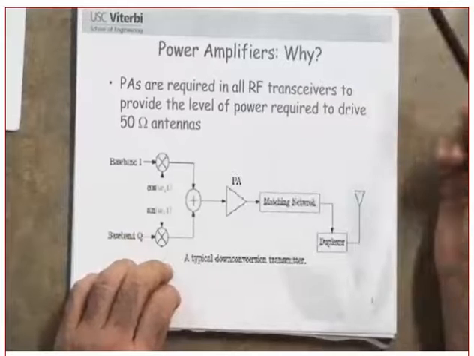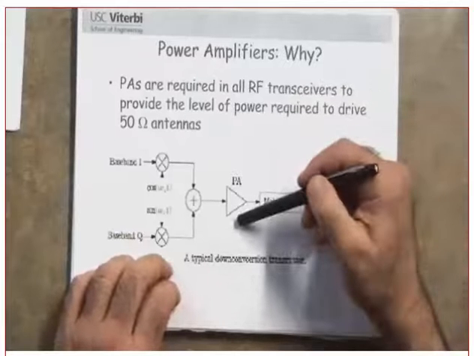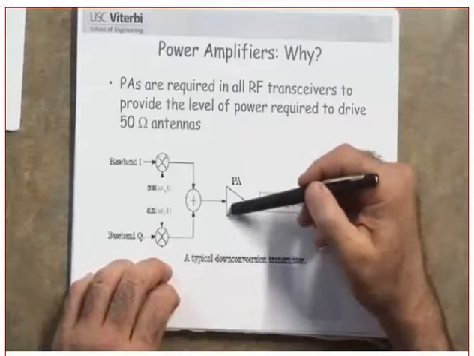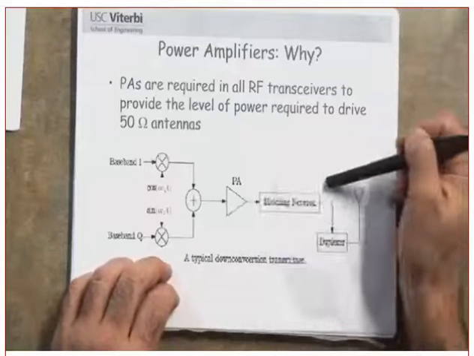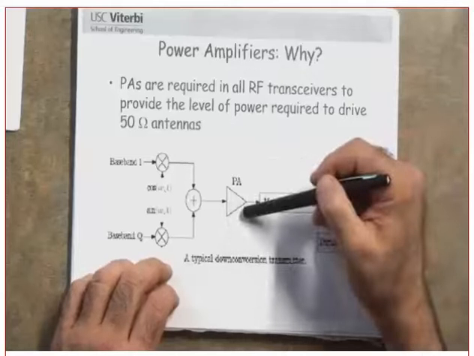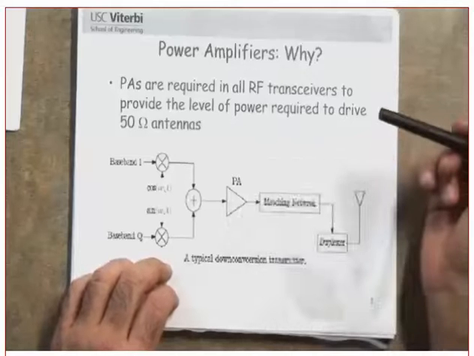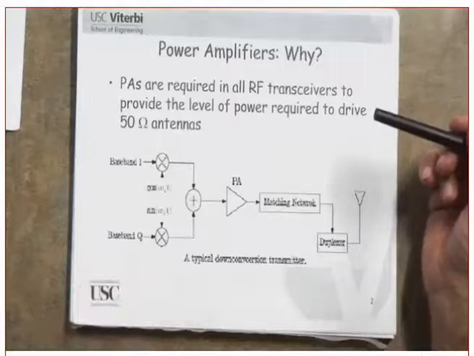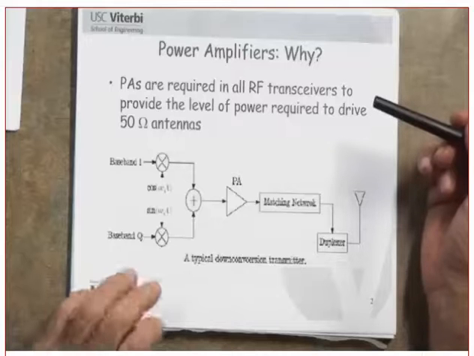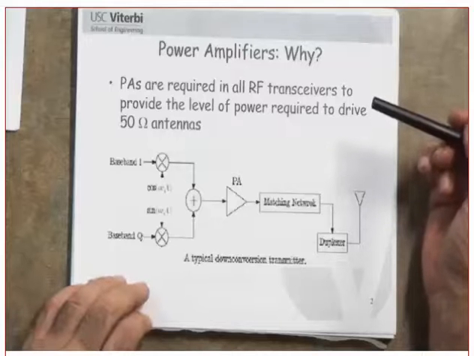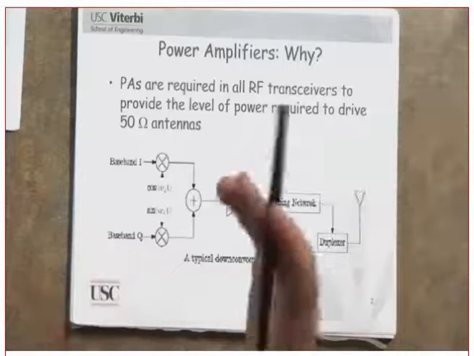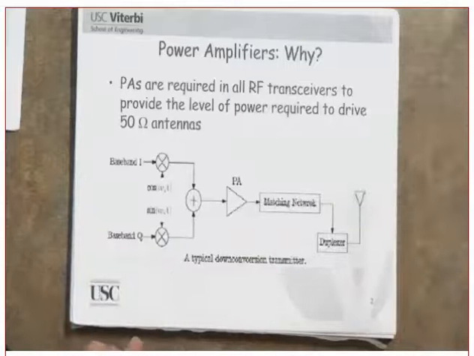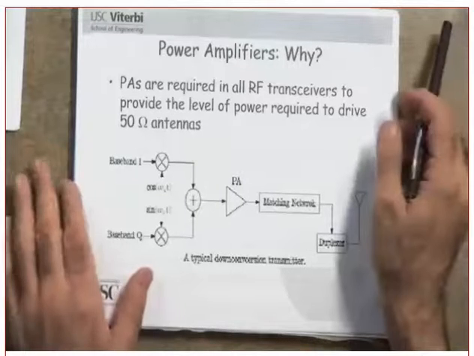The purpose of the power amplifier is to deliver the right amount of power to the antenna, but at the same time preserving all the specifications of the modulation techniques that you are using, which means you need to make sure that your transmission or your emission is confined within the band of interest, clear within your channel. You are not going to exceed that